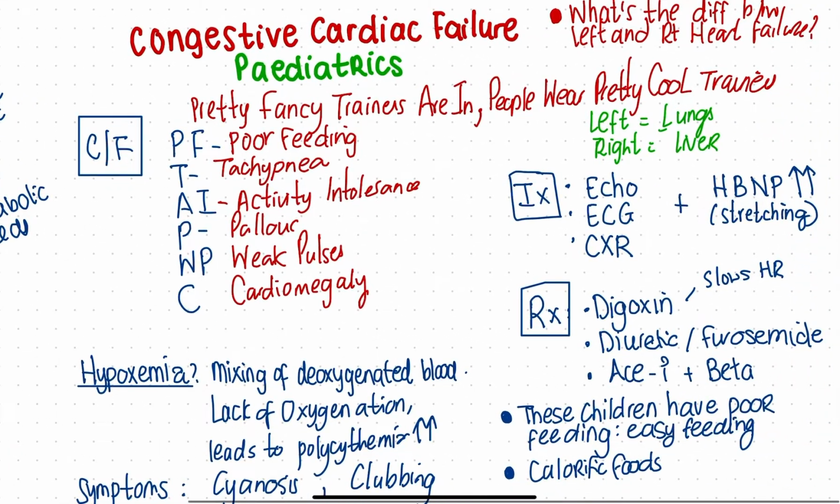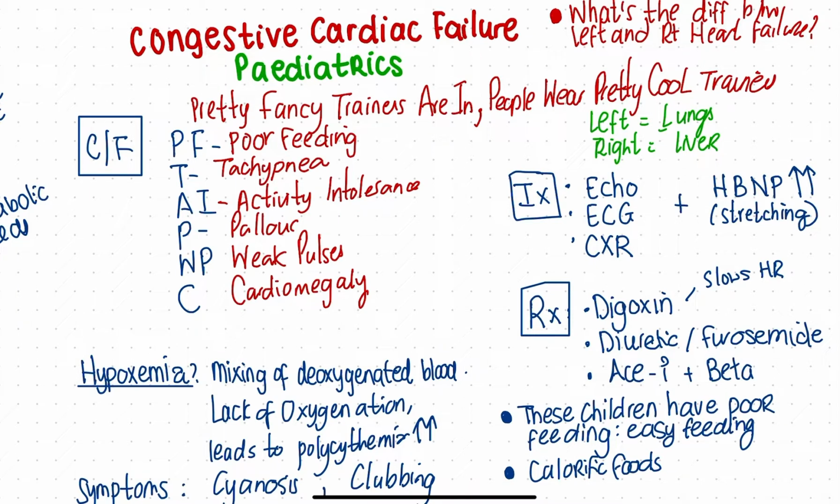What are the key differences between left and right heart failure? Left heart failure always leads to problems in the lung. Left starts with an L, so does lung. Left heart failure always leads to pulmonary congestion, whereas right heart failure always leads to a problem with the liver and systemic circulation. So pulmonary congestion occurs in left heart failure, and in right heart failure you have systemic congestion,